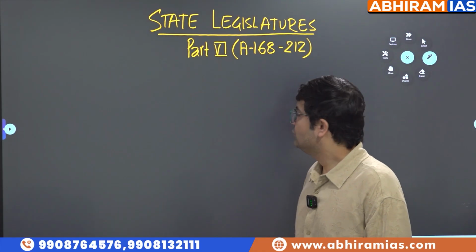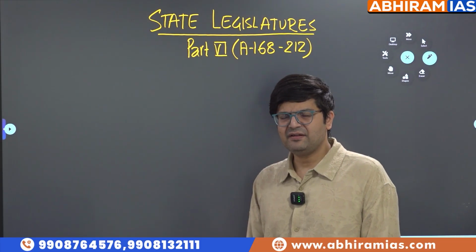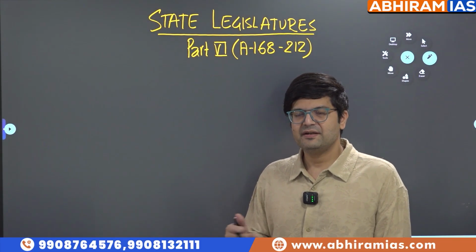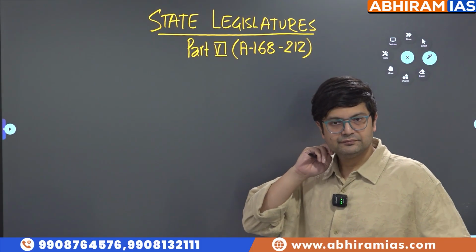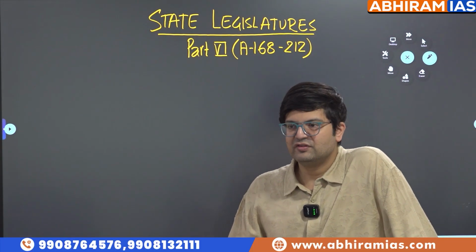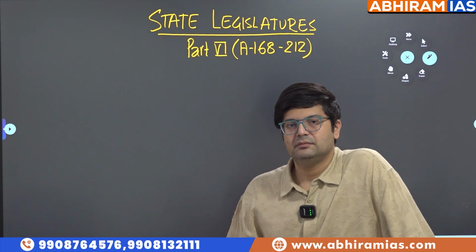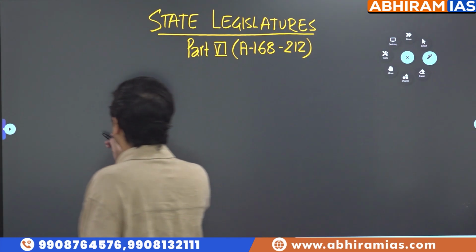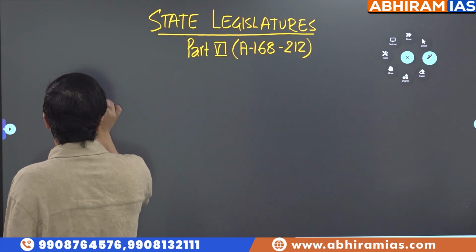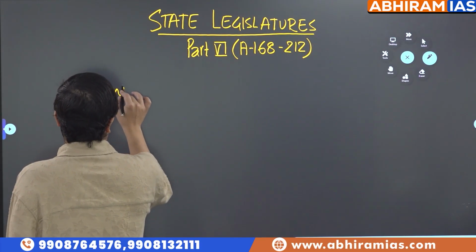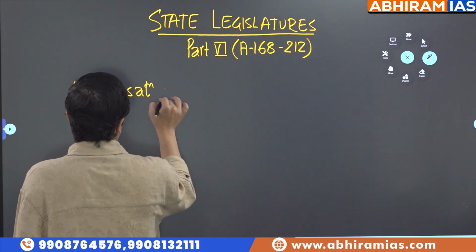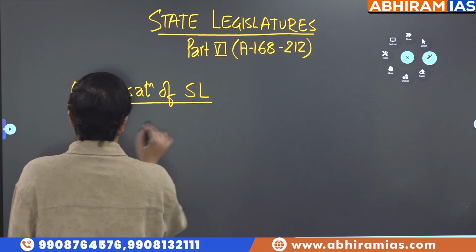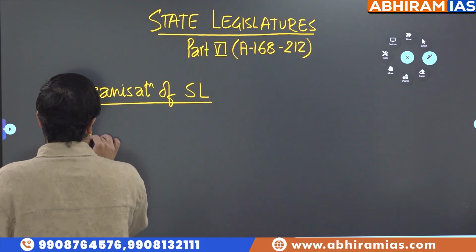Okay. So in the chapter Parliament, we had started with this point of organization of Parliament. Parliament comprises of Lok Sabha, Rajya Sabha and President. Here also, organization of state legislature. So it comprises of course, governor,